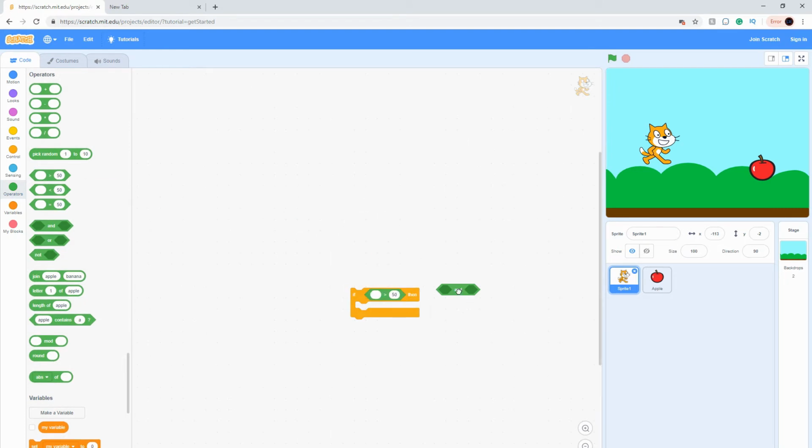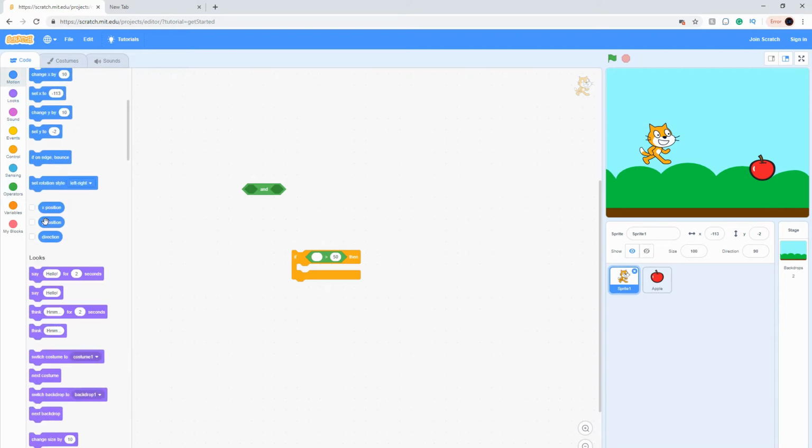Then once you put them in there, you have a condition. So if the cat's current position is more than 50, do something, right? And you can go back to motion and find, okay, well, here's the X position of the cat. Here's the Y position of the cat. So I can say if, boom, if the Y position of the cat is more than 50,